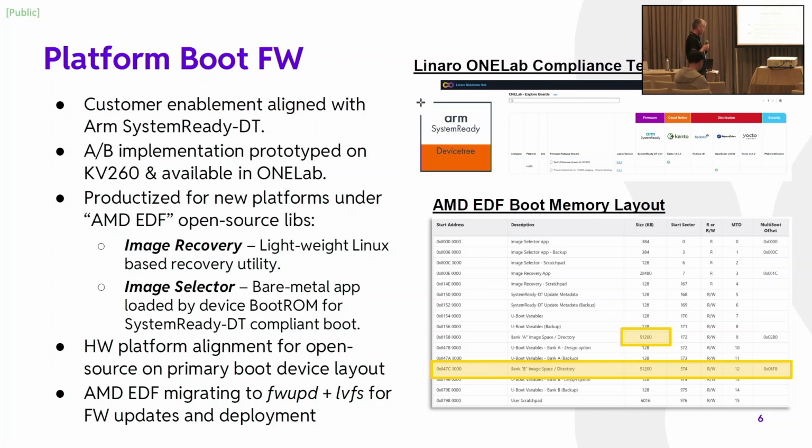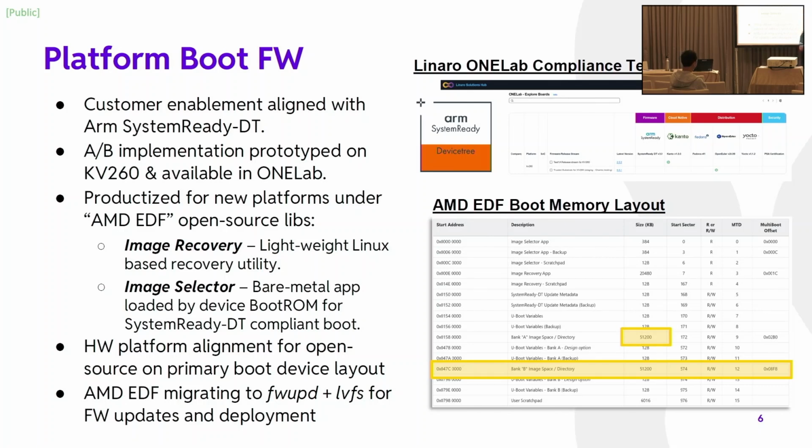And one of the things I call out on why the implementation being open source is so important, especially for our devices, is just this example. This is a physical memory layout, which SystemReady needs to be aware of. In this case, this is a 1 gigabit NOR flash memory reference, but in our devices, our bank A, so in that A/B update,